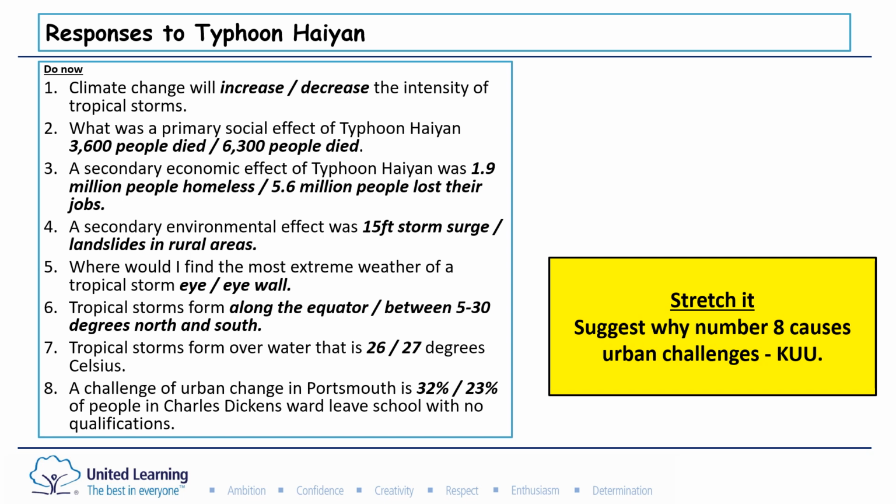And this is an urban challenge for the stretch it, because this means people will turn to a life of crime, which leads to families moving out of the area as they feel unsafe. So,